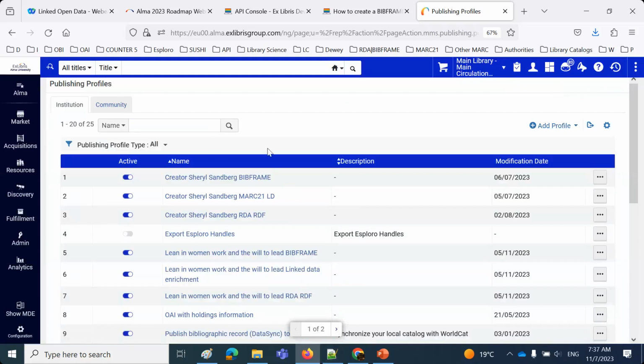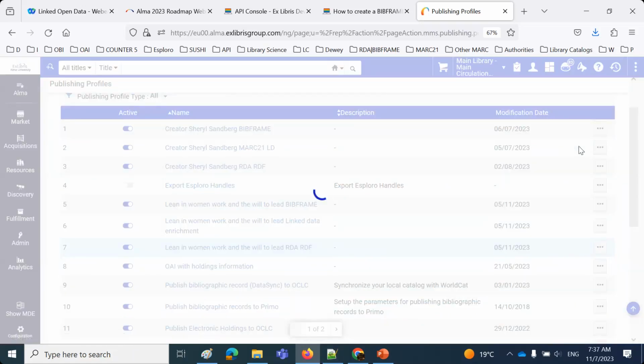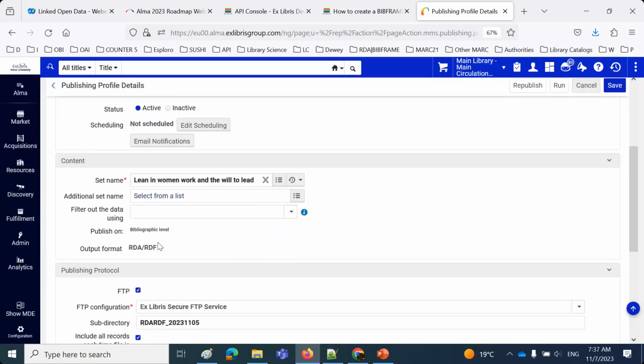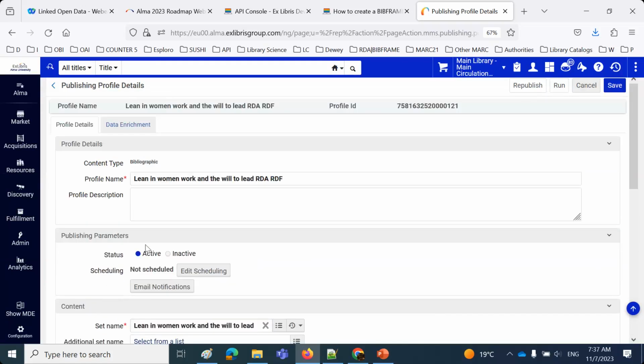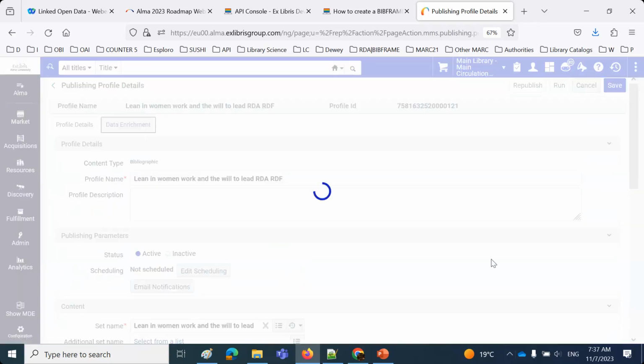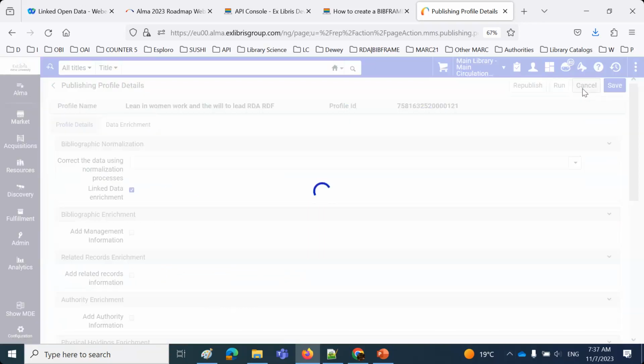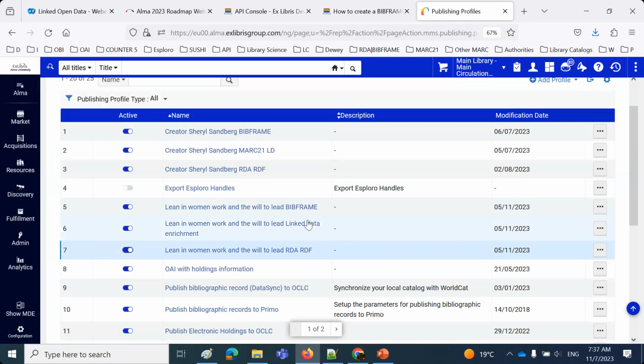I'm going to get out of here. And let's take a look now at the one going to RDA RDF. I already showed how we can choose it, and it's already chosen. So this is going to the RDA RDF using the same set. And in the data enrichment, because we chose RDA RDF, it automatically checked this linked data enrichment. Then we have one more example, which is